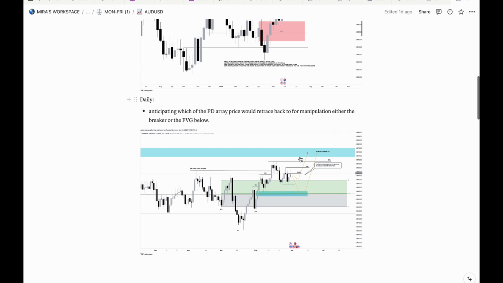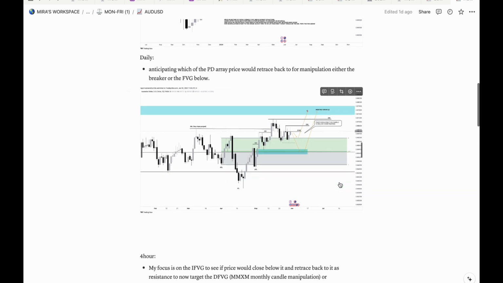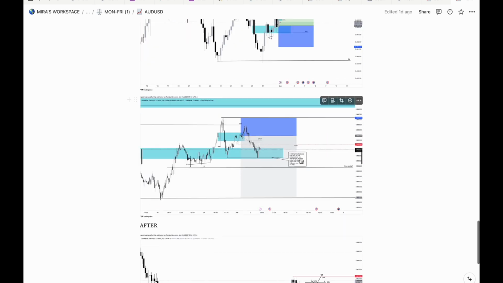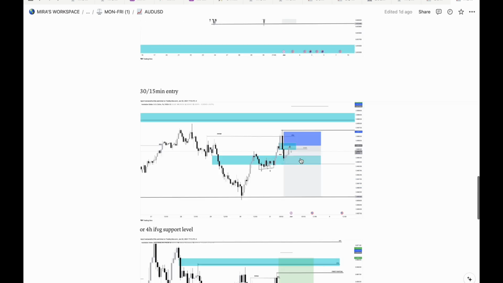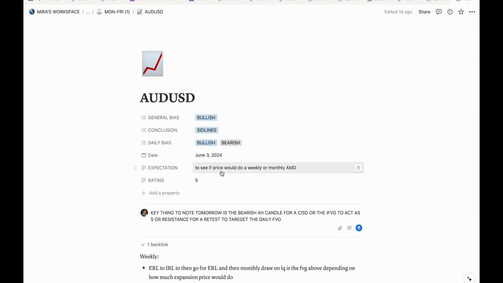An expansion for price to actually go low, or for price to hit this breaker block and go up. But as you can see, I took a buy from here, took a buy from there. Okay, this was the one I took a loss from, but the EUR/USD panned out. So as you can see,